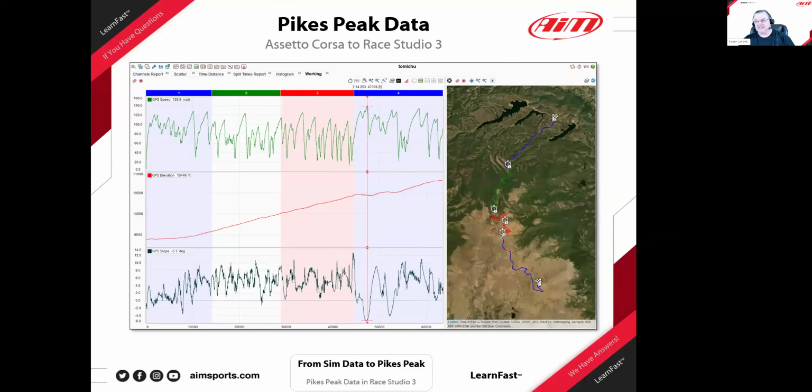So let me share this again, just to show and to talk about that a little bit. Andy's question is, do you have a way to do splits or predictive timing on the hill climb with AiM? That is built in, and with Tom doing all of the runs that he's done, and he's had some good runs that he has shared with Brick and me, as you see here on the map,